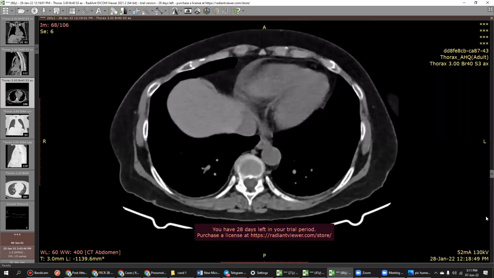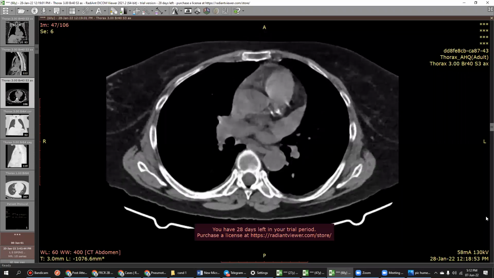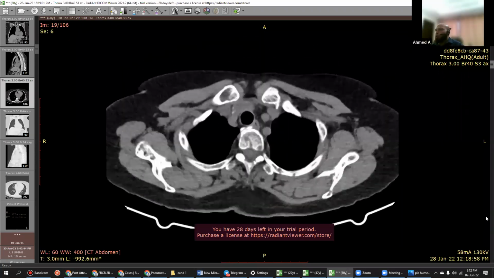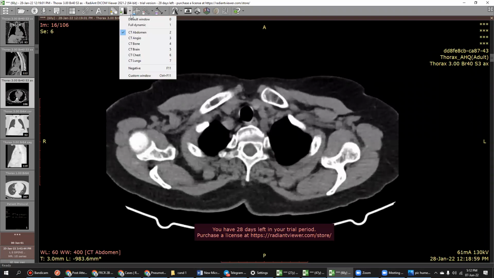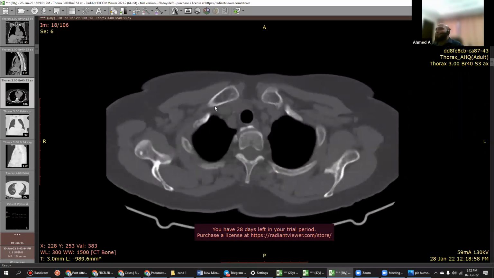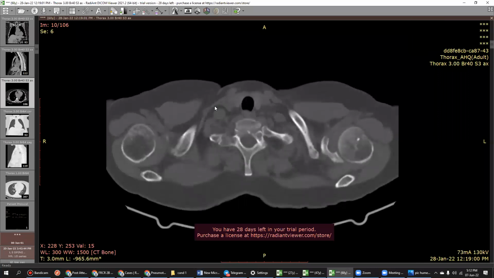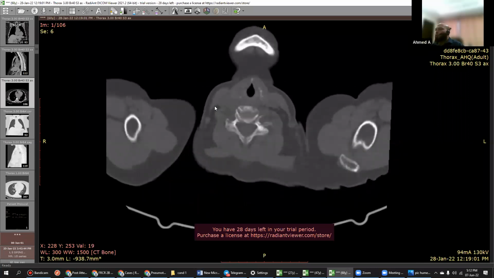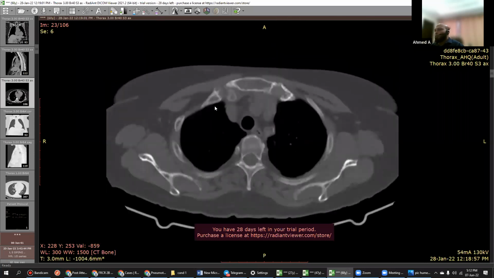Do you think it's the right thing to comment on the bones on this? No, I need a bone window. This is the mediastinal window. Yeah, you have to ask me, right? Okay, I want the bone window. Please, I'll be so happy if you give me. Yes. I was afraid to ask you. No, you should never be afraid. Remember, you have to be more confident in the exam, even if you are saying something wrong, because the examiner will help you if you tell. How would I know that you are thinking that, okay, I want to see the bone window? That's how it is.